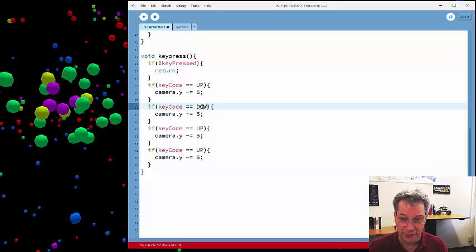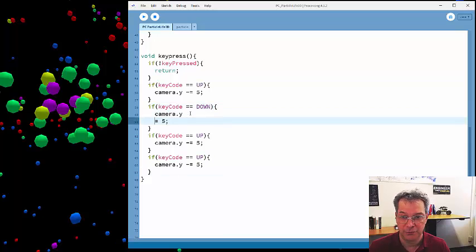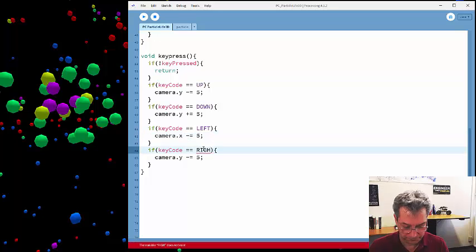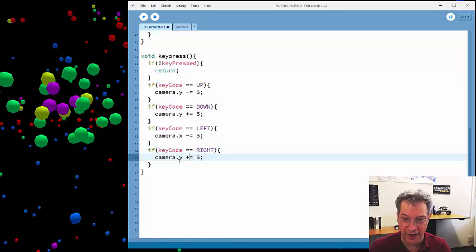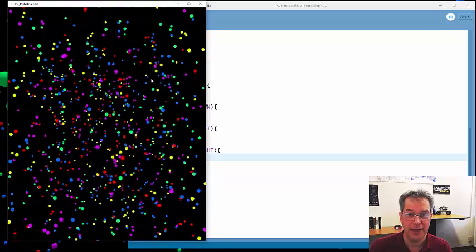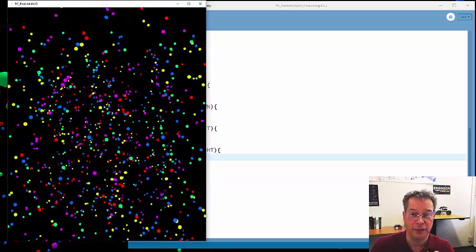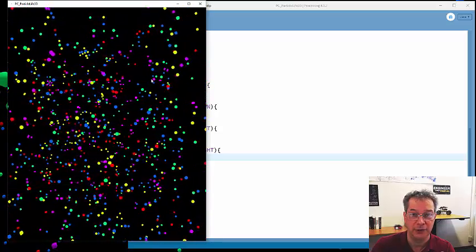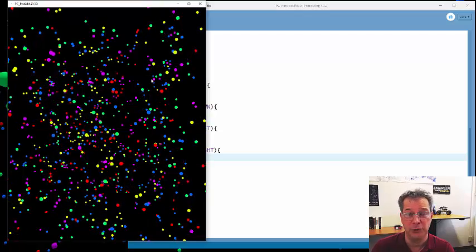So down, which is the down arrow, I'll do +5. Left, I'm going to do -5 in the X direction, and right, I want to do +5, but in the X direction. And this should allow me to move the camera around. So there I can move left and right and up and down. And I really like this effect because it really lets you see that we are looking at a 3-dimensional volume of space here. And then it'd be nice to be able to zoom in and out, and for that I'll